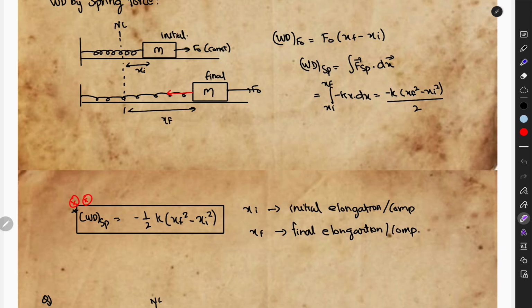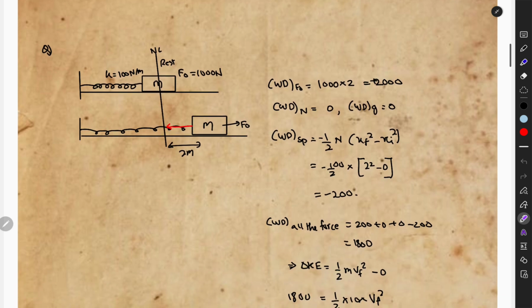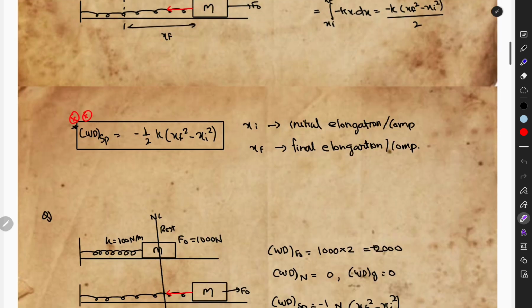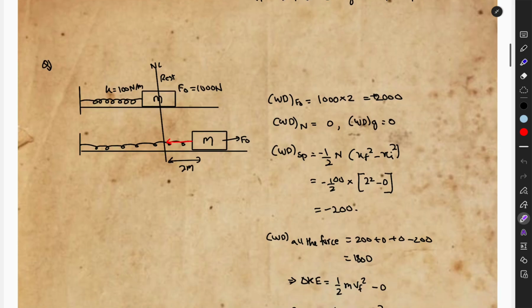This is the important result which you can directly remember: work done by spring force is equal to minus 1 by 2 k times x final squared minus x initial squared, where x initial is the initial elongation or compression and x final is the final elongation or compression. Okay. So remember this formula, this is very important. Next thing is